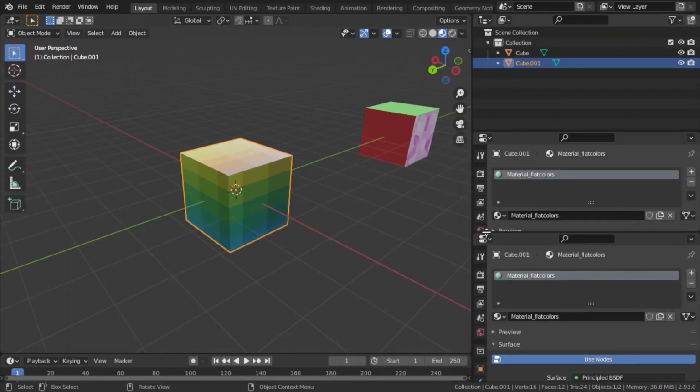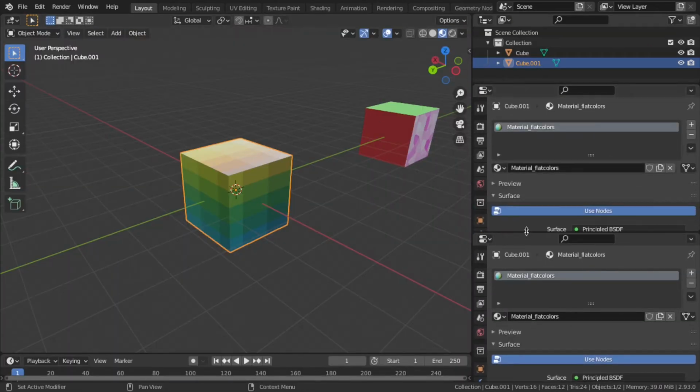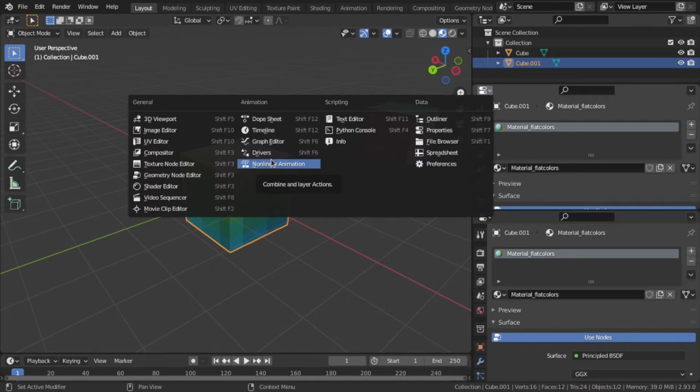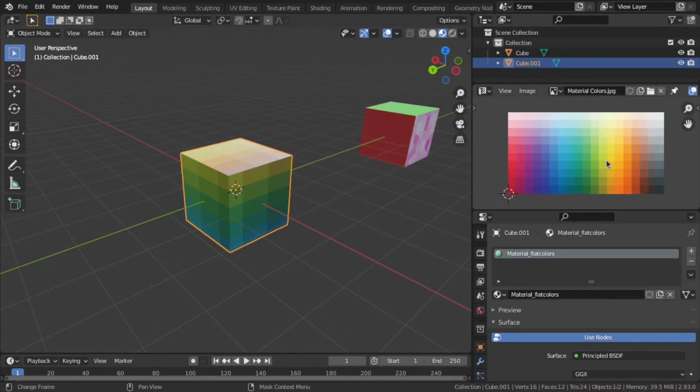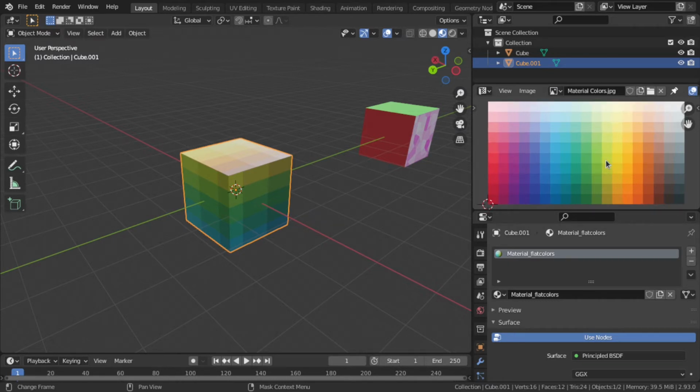I like to open my color palette in the default layout so I have more freedom to change the colors even while I build the object. Open the UV editor and then select the color palette. It is really tiny so you need to zoom in a bit to see the color palette and its colors